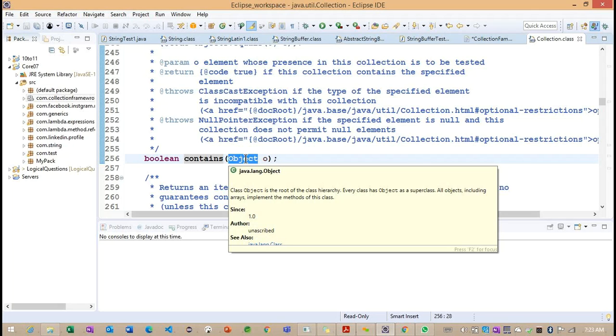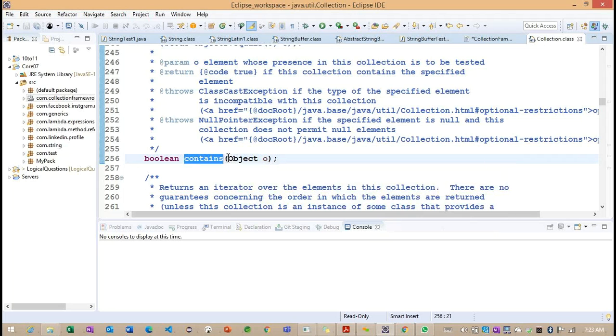Any idea? Why did they not provide int or long or double or any custom object? Think and let me know why they provided Object as a parameter.